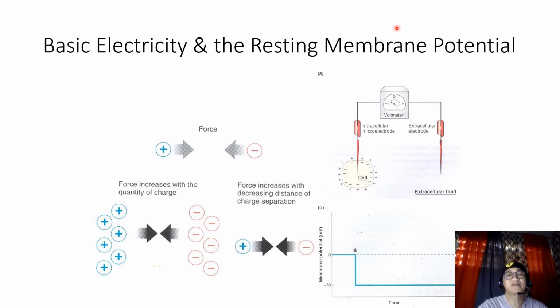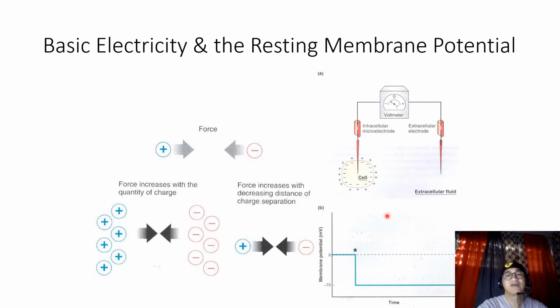This potential is called electrical potential because it is determined by the difference of charges across the membrane. The unit of electrical potential is volts, but because the total charge that can be detected in a biological system is so small, these potential differences are measured in millivolts. 1 millivolt is equal to 0.001 volt.